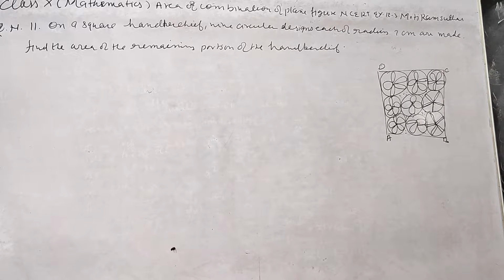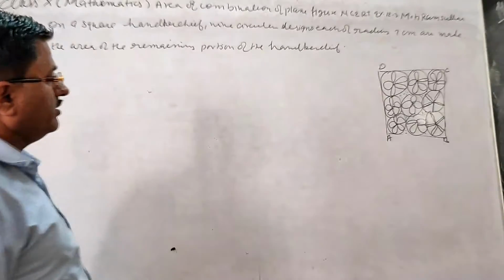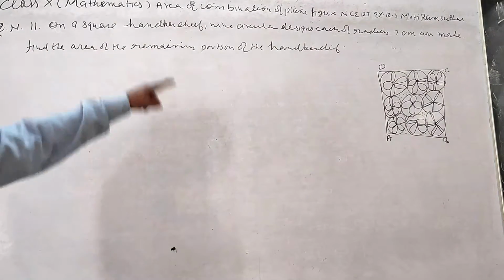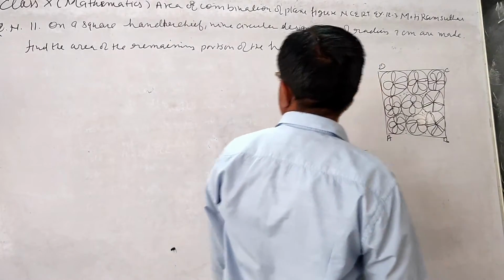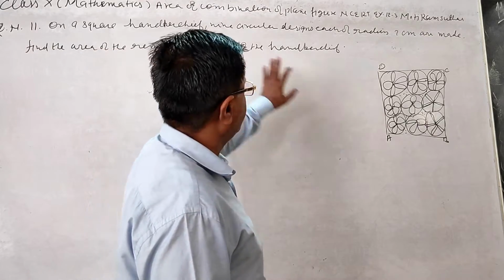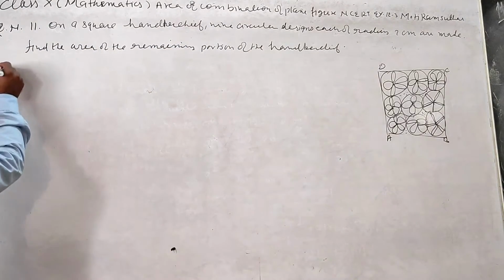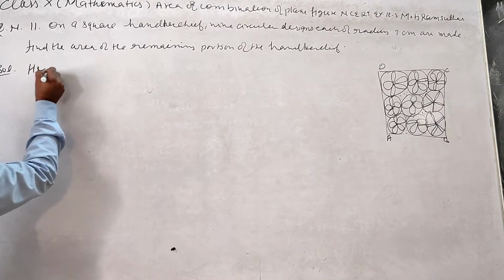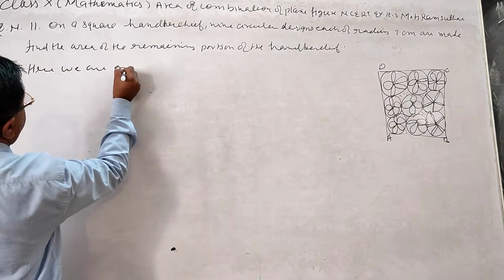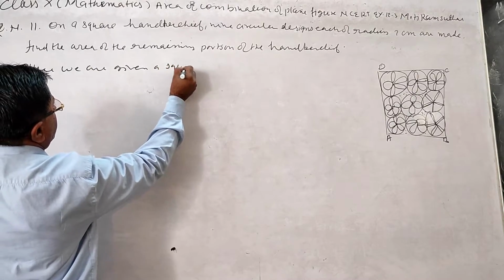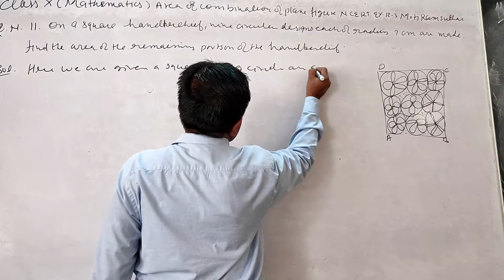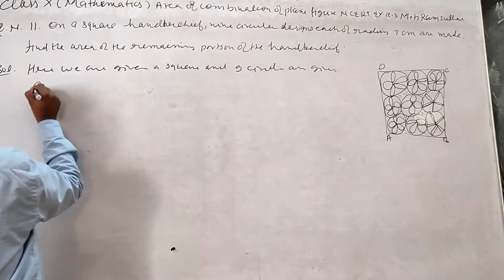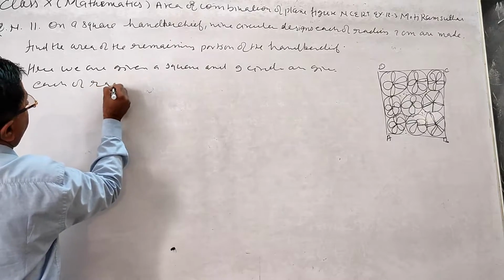So next is the area of a combination of figures we have to find. So here it says on a square, nine circular designs, each of radius 7 cm, are made. Find the area of the remaining portions. So in the solution write, here we are given a square and 9 circles are given, each of radius